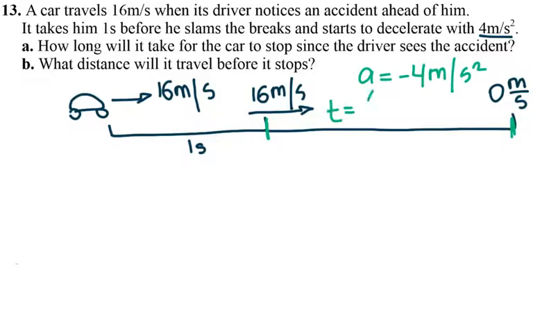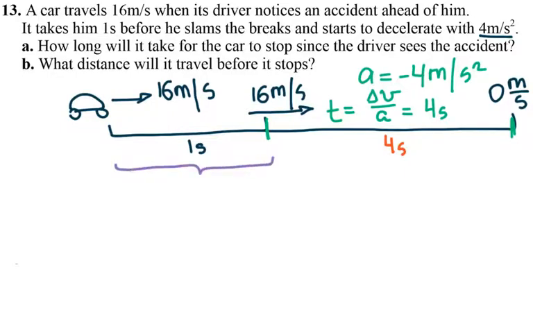Time is the change of the velocity over the acceleration. So 0 minus 16 divided by negative 4 gives me 4 seconds. So here it's going to take him 4 seconds to stop. And I can find this distance